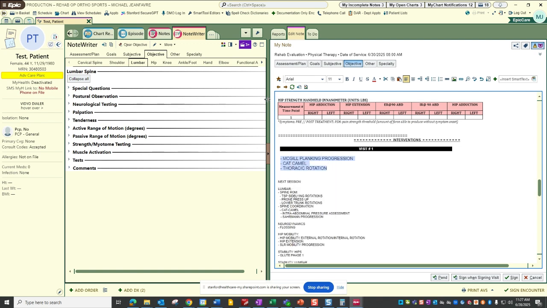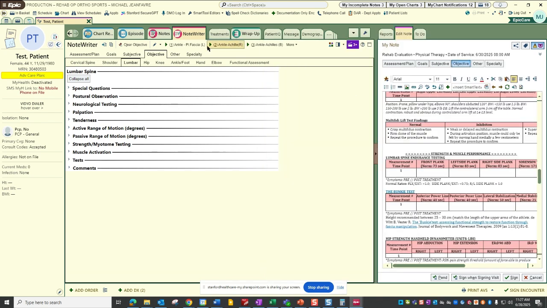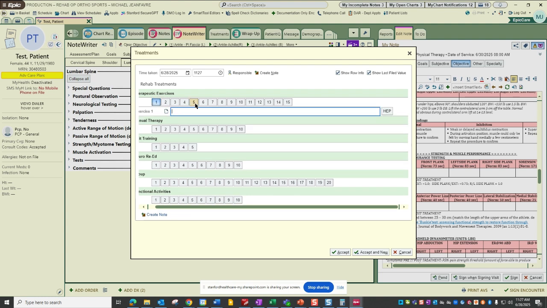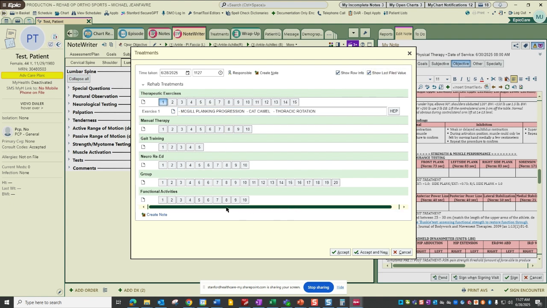Okay, in closing out the note, what we'll need to do is copy this. I spoke about in previous videos that we're moving across our tabs sequentially. The next tab is going to be treatments. I will often just copy and paste these treatments into there. Maybe we did manual, and if we expand this or move it over, so you can see that therapeutic exercise, manual therapy, gait, and so any intervention that you did, for instance, maybe the cat camel and the thoracic rotation,